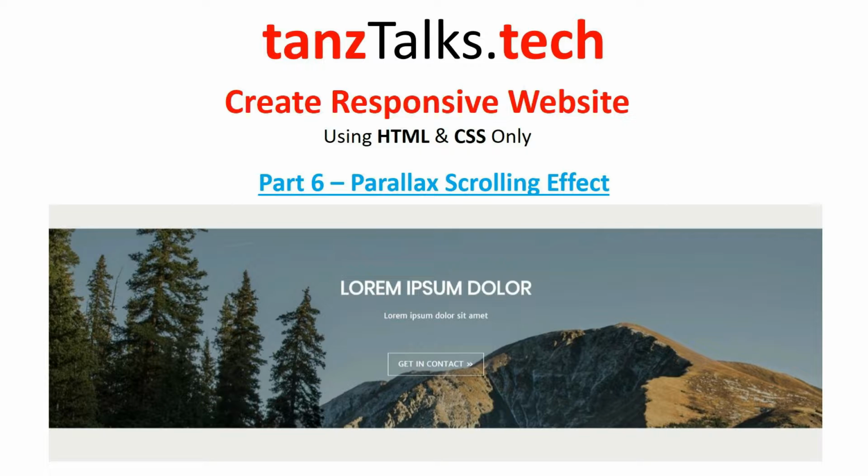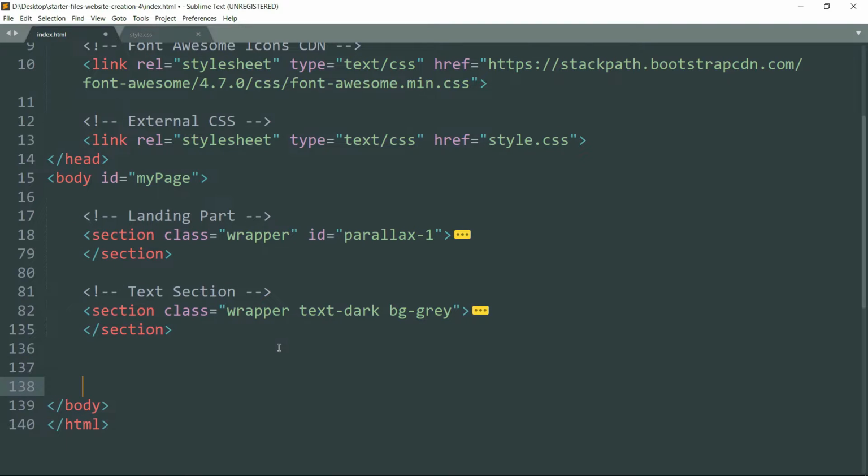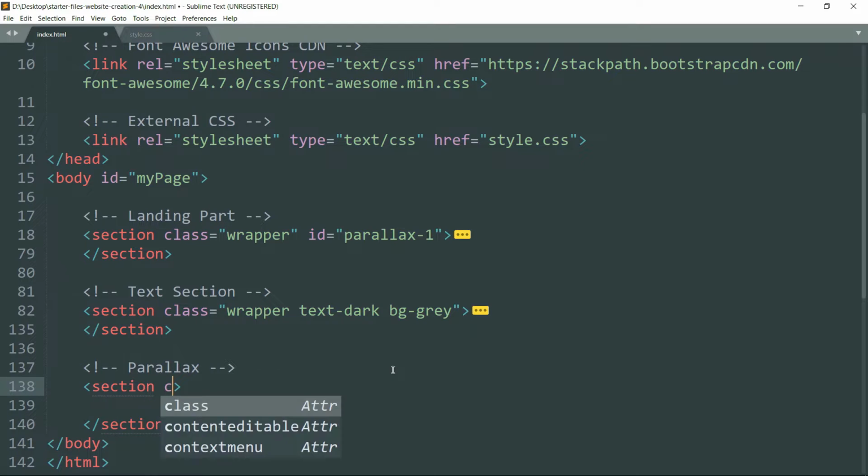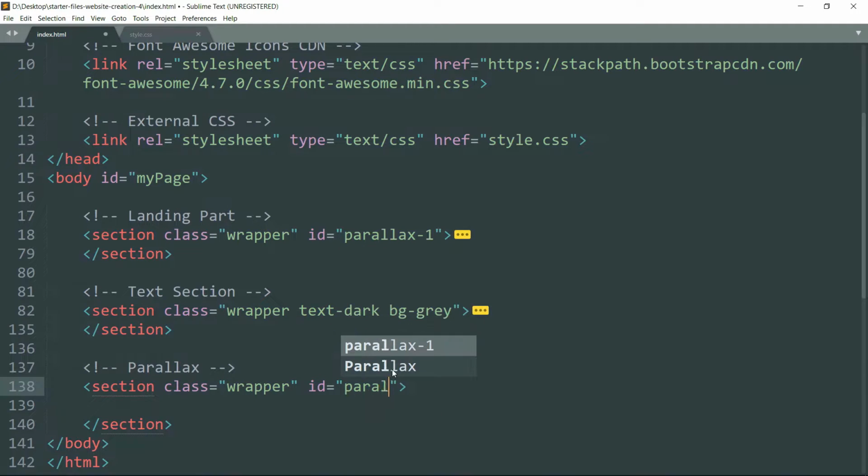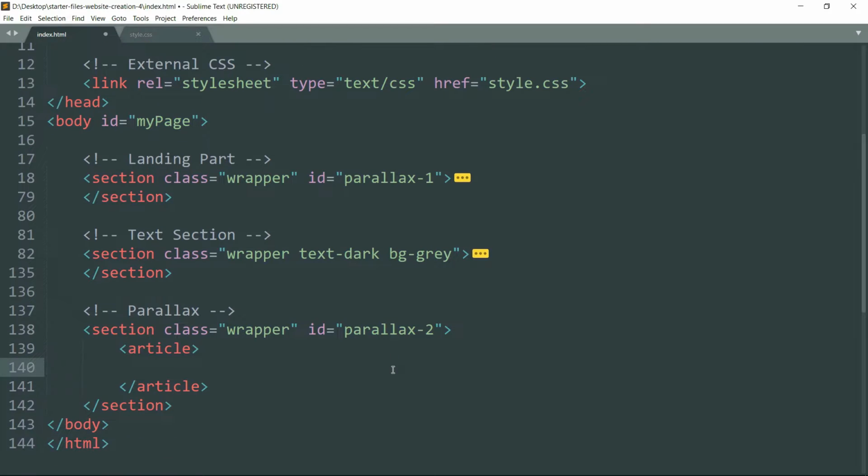Okay, then let's start with the parallax scrolling effect on the second image that is going to be beneath the text section. So create a section tag and let's call it wrapper and id as parallax-2. Then create an article tag and write class